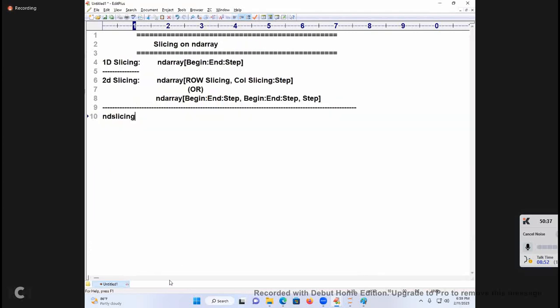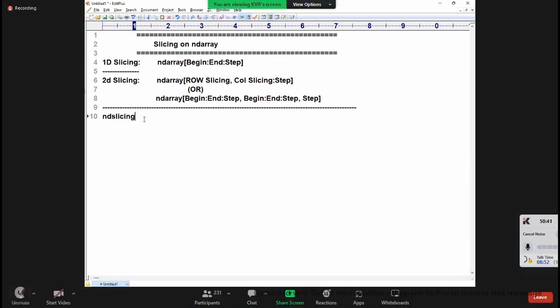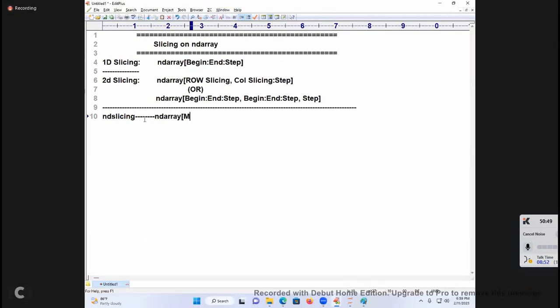Coming back to the point, now I'm going to ND slicing. What is this? ND array of what? Matrix number, row, and next, columns.